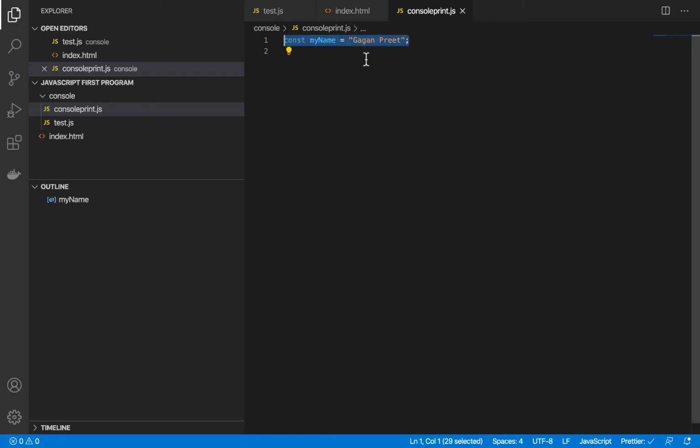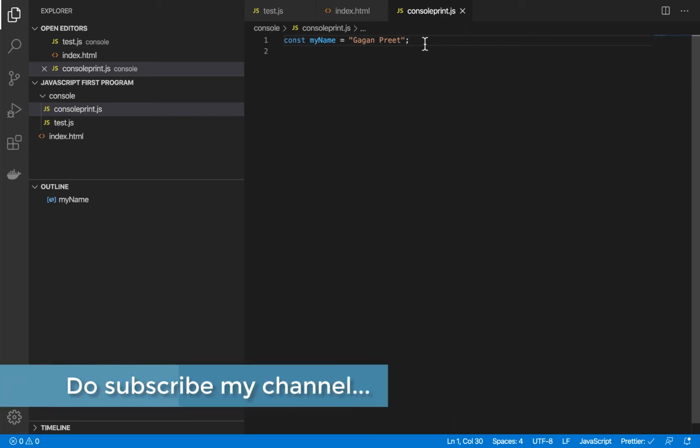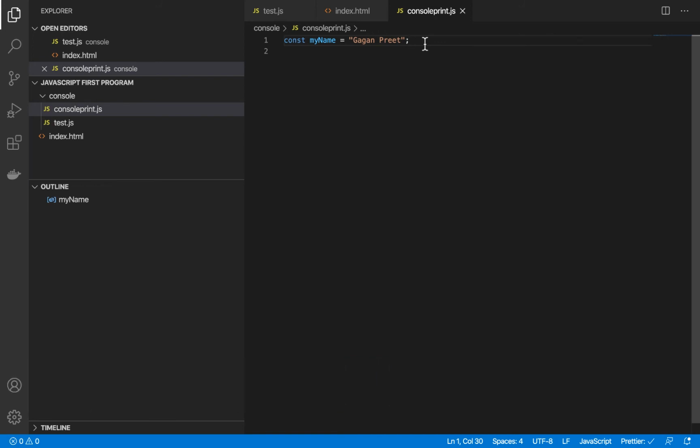So this is one way of seeing how Prettier actually works in Visual Studio Code, and it is very important for us because it helps sometimes to make correct decisions, and it also formats your code as per the standard that is used across. But sometimes you want to change it, right? So now let's say I want to use single quotes over here for this case, and I don't want to use double quotes. In this case, there is one more way of doing it, by creating a file over here. So I'll just create one more file and show how exactly it is done.